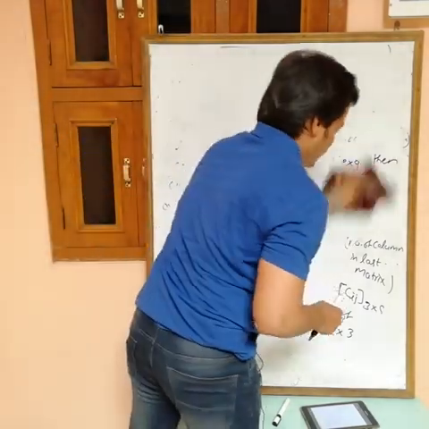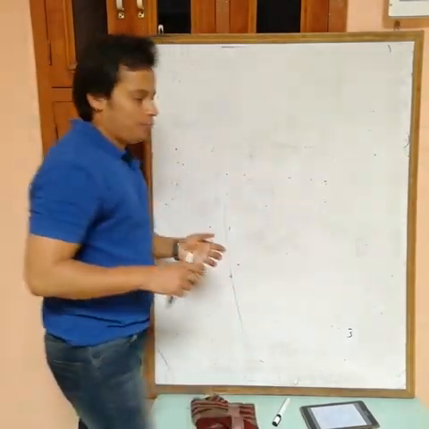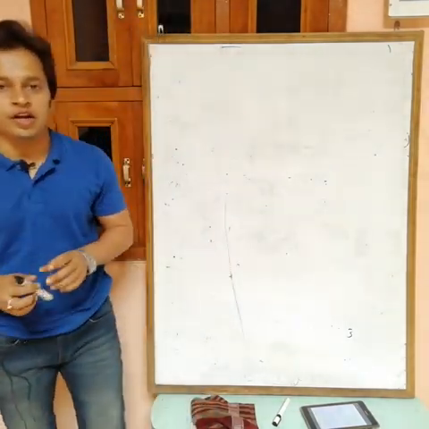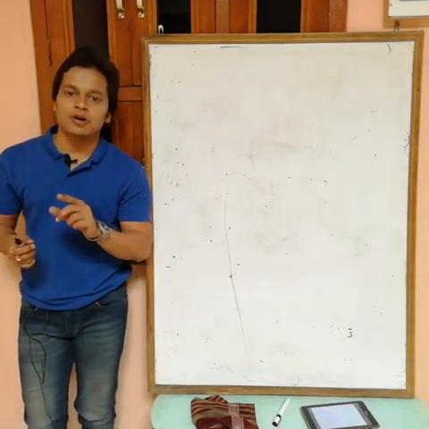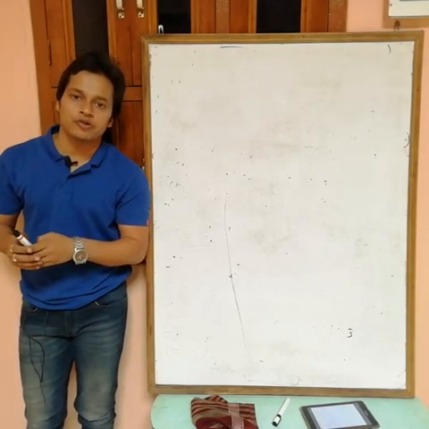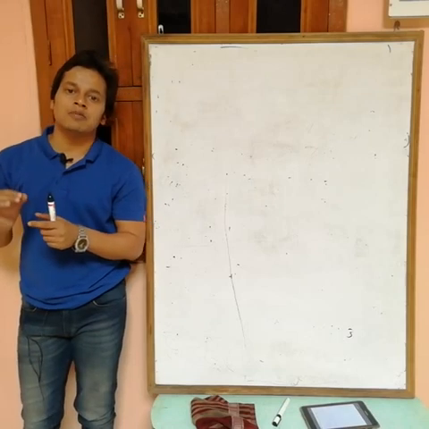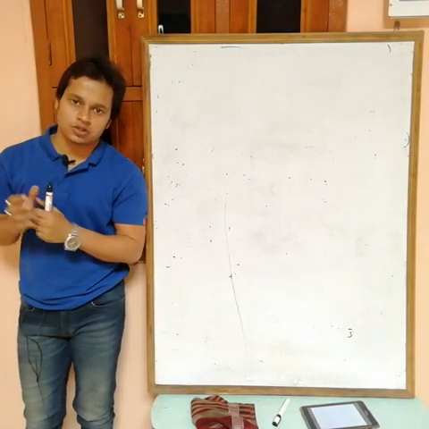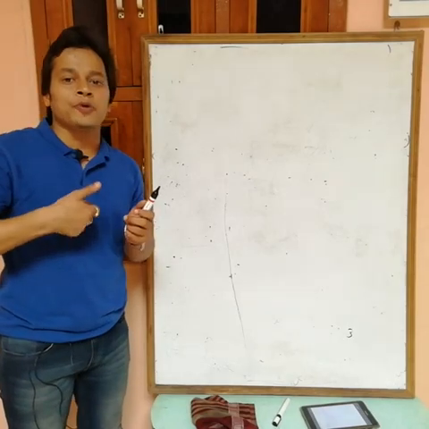So in a product matrix, what are we getting? The product of any two matrices A and B: AB is only defined if the number of columns in A is equal to the number of rows in B. It means the number of columns in the first matrix is equal to the number of rows in the second matrix. And the order of the product matrix is the number of rows in the first matrix by the number of columns in the last matrix. Now the next part is how to get the product matrix.